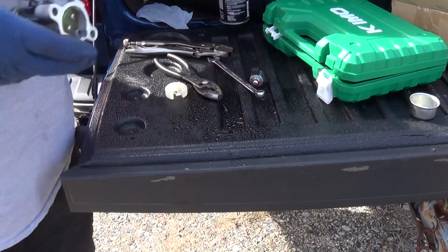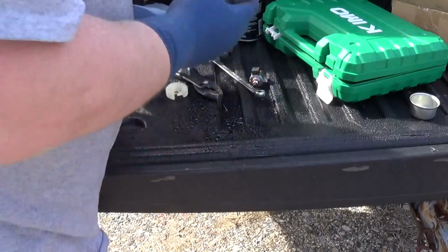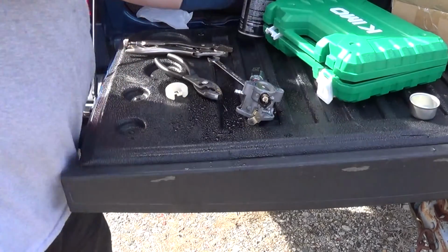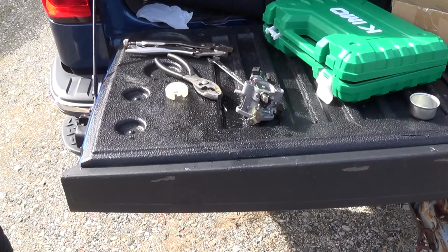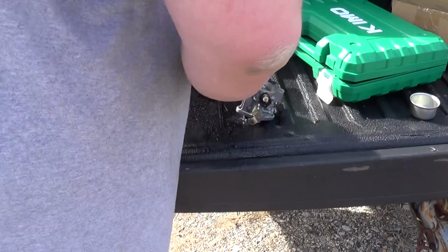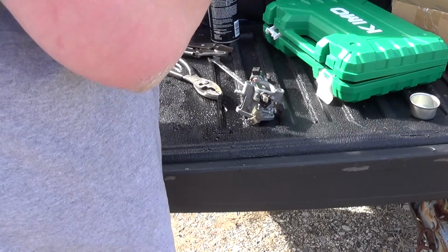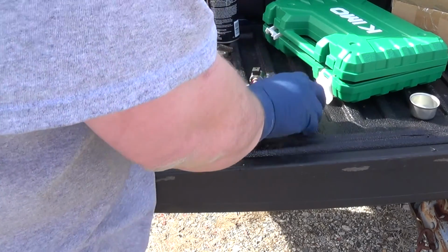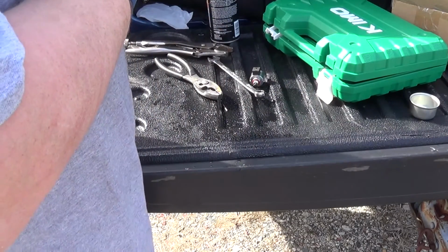So basically right now, with the exception of gas, we have $0 into a rather decently running engine. Well, into a rather decently running mower, I mean. And let's get this